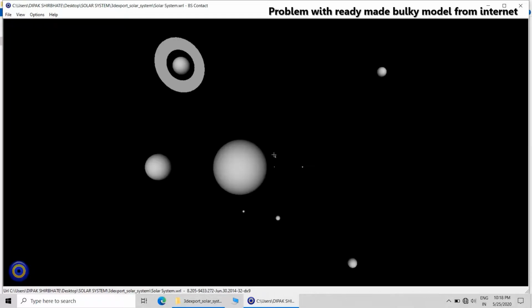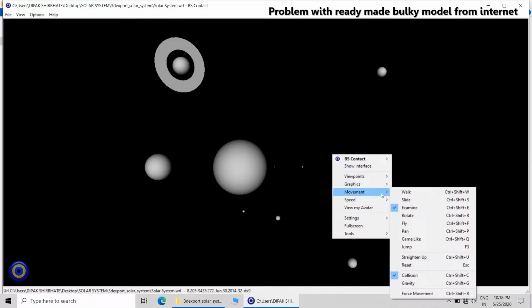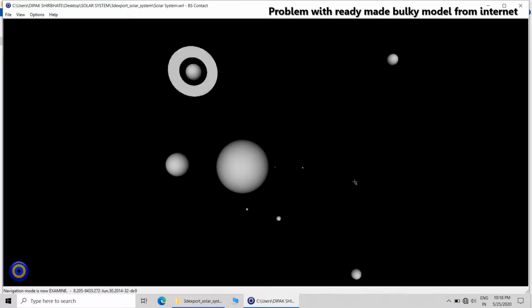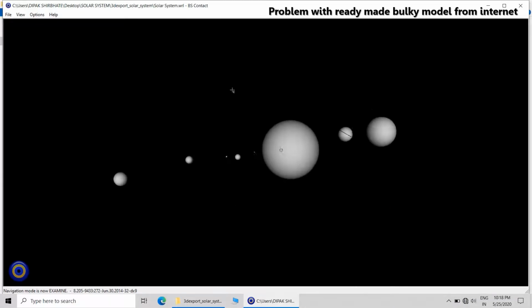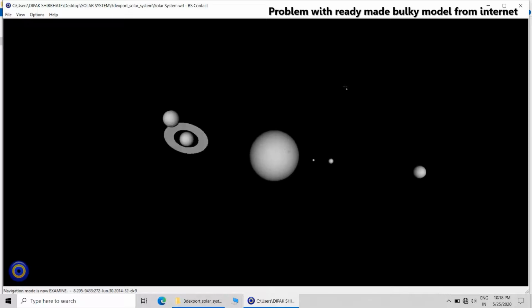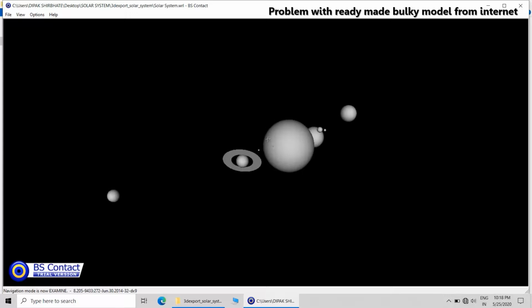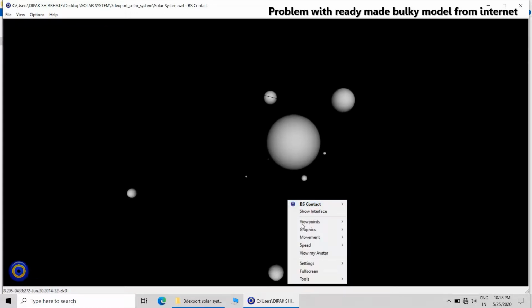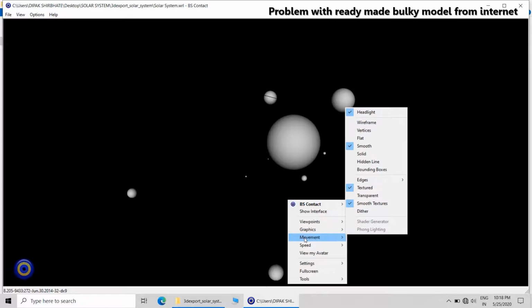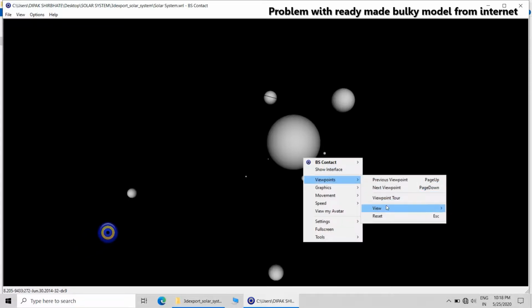Now the model is loaded into the player. You can examine the model and have different views of it. So this is the ready-made model, and in it you can see Saturn with the ring, which was required and is absent in our solar system. So we can do this with the ready-made model, but the problem is that